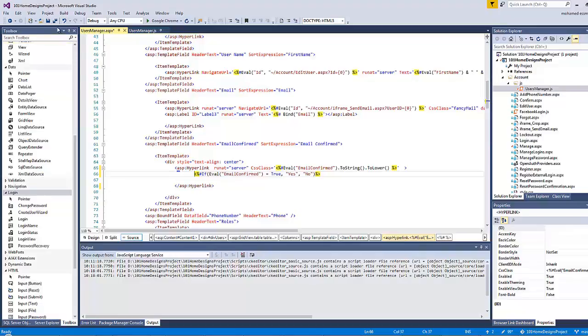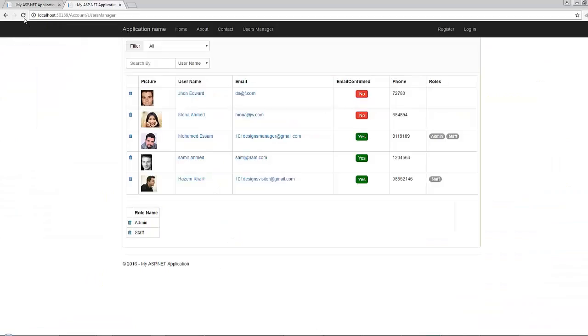Let's first test the design. So let's refresh the page first. And now if you hover here, you will see that the cursor has a text shape instead of the pointer. And the reason is that this link doesn't refer to any URL at the moment. And the problem here is that this will give the user the impression that this is just an info